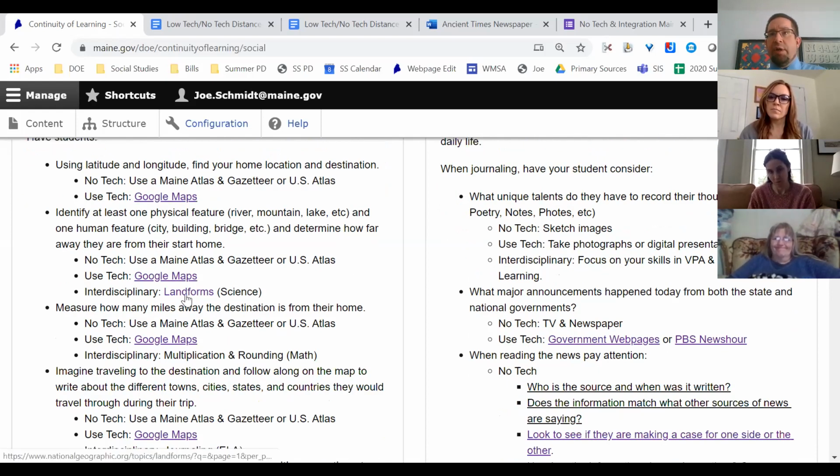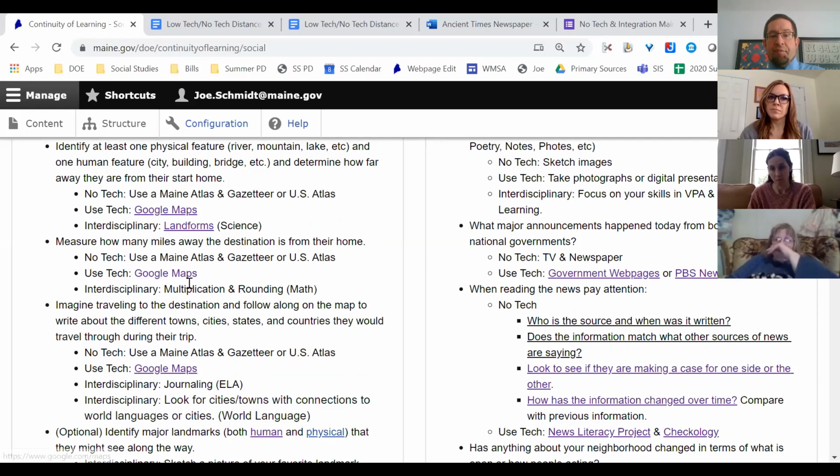Make it part of a science unit, if that fits your kid. What's the difference between a mountain and a river and a lake and an ocean? Okay, now where is the nearest mountain, river, lake, and ocean? Where are those things? Can you have them get out, you know, the old 1 inch, which we know is